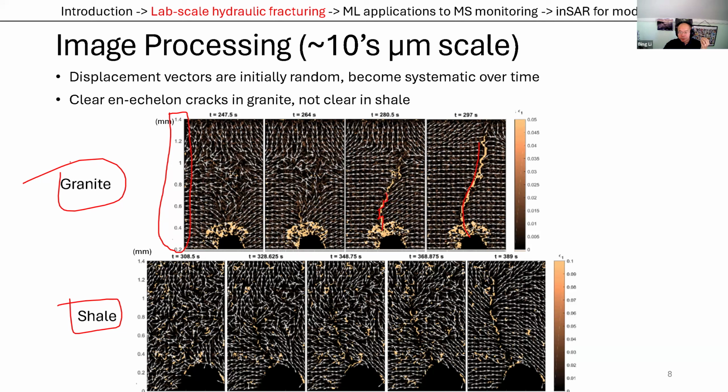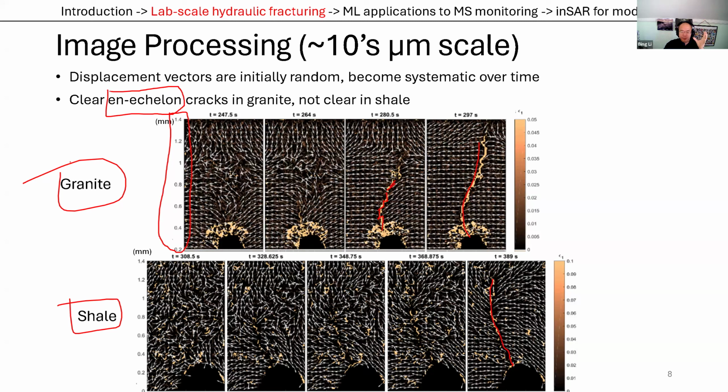These are very prevalent when we look at the granite fractures, the microcracks that we can see. Whereas if we look at the shale, it's a lot more unimodal, if you will. There's only this one set of planes. You don't really see that other conjugate set of planes. And we interpret that as being basically, we get these en echelon shear cracks in the granite, which are actually